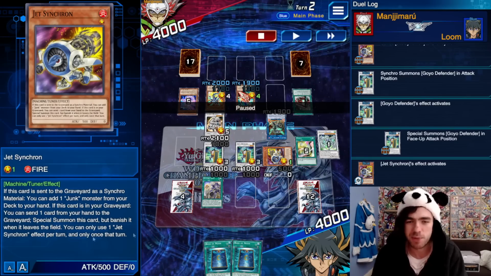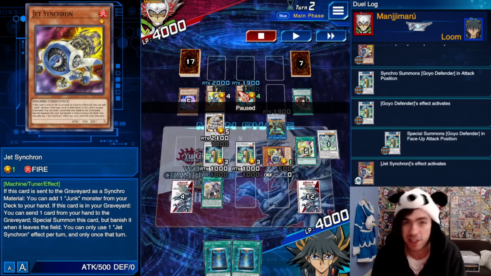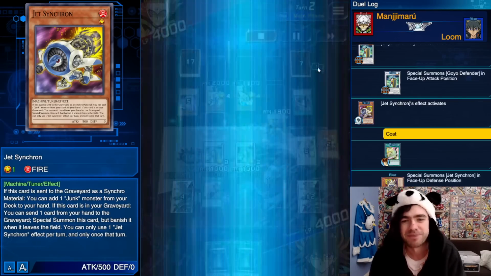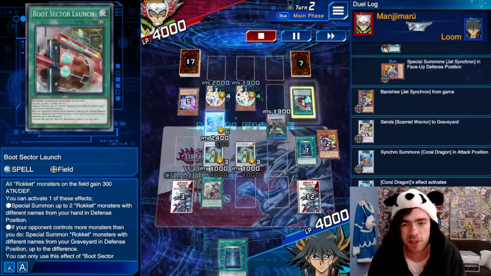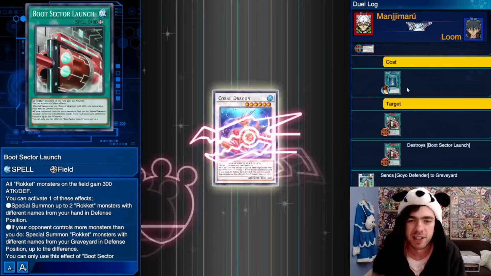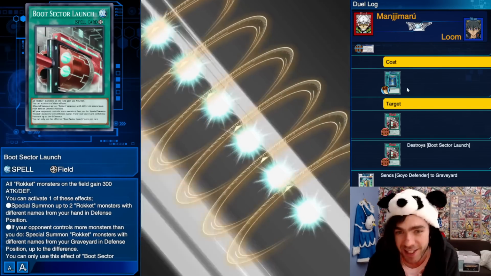Its first effect would have searched for a monster from my deck, and that would have just completely ruined your combo, so keep that in mind. Alright. So now I'm going to go into my Coral Dragon, who can discard a card, pop something on the field, get rid of the field spell. Then with the remaining cards on field, the 6, the 3, and the 3, I can go straight into